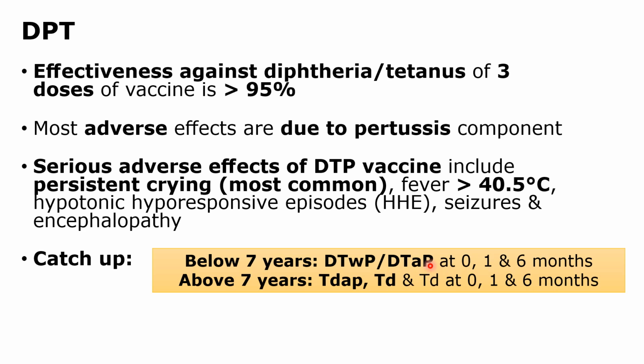So you will be using Tdap vaccine. For the first dose, we use Tdap, where you have a capital T, small d, and small p. While for the subsequent doses, you use a Td vaccine. So at 0, 1, and 6 weeks, you are going to give Tdap, followed by Td and Td. Okay. So that is the catch-up schedule recommended for children who present beyond 7 years of age, and even for adolescents and adults as well.